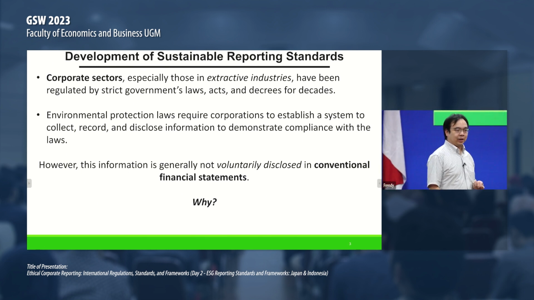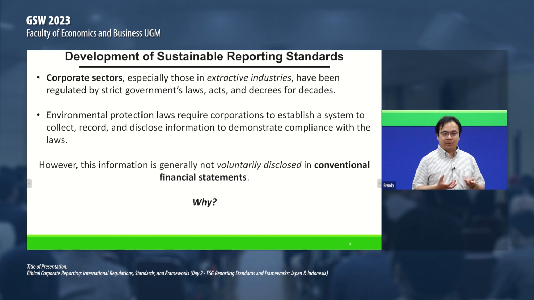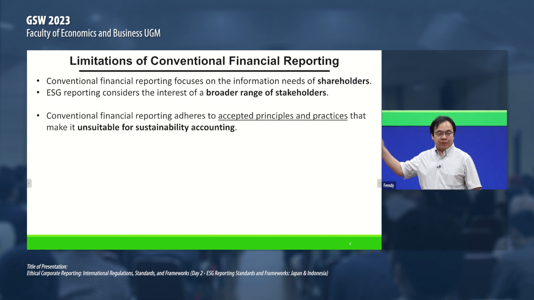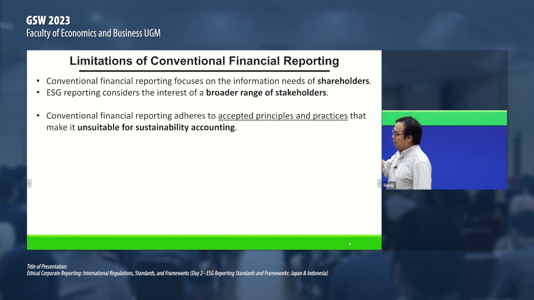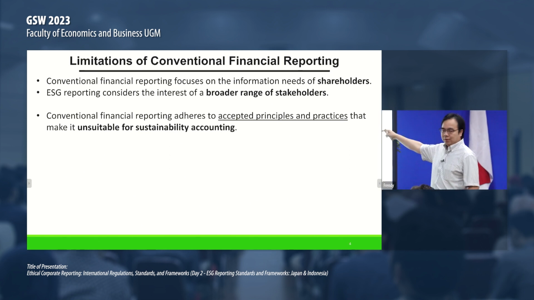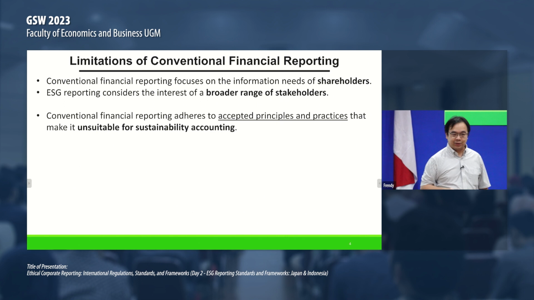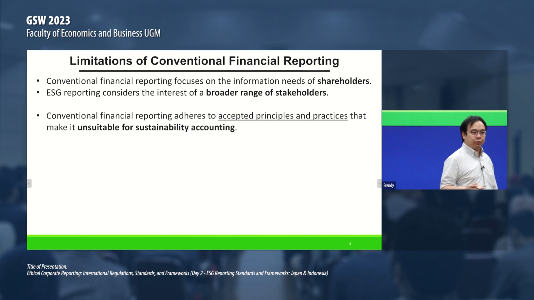report itself. Okay, so annual reports by their nature are constrained by the content and the standards that regulate them. So annual reports have to comply with accounting standards, okay. Therefore, we see this gap between shareholders versus stakeholders, which we discussed yesterday. By its nature, the conventional annual report has several principles and practices that make it unsuitable for reporting non-financial information. Okay, so let me give two examples.